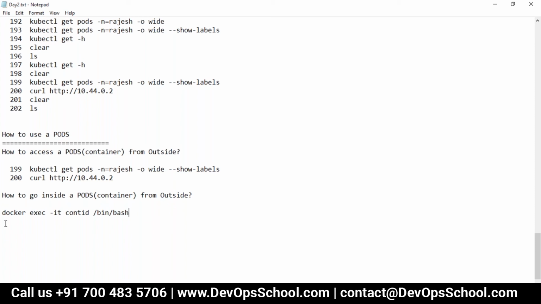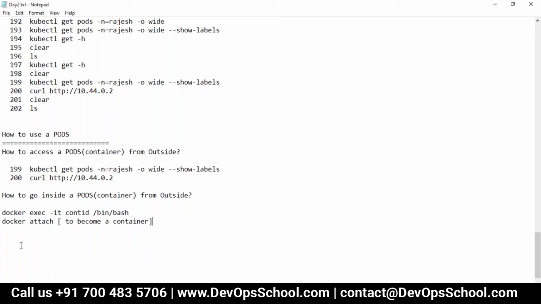Any one more command, guys? I don't know whether you tried it or not, but there's one more option, docker attach. So you can go inside and become the container by attaching to it. I'll not complicate that; I have explained that in my videos. Please watch this. Both ways you can do that, guys.